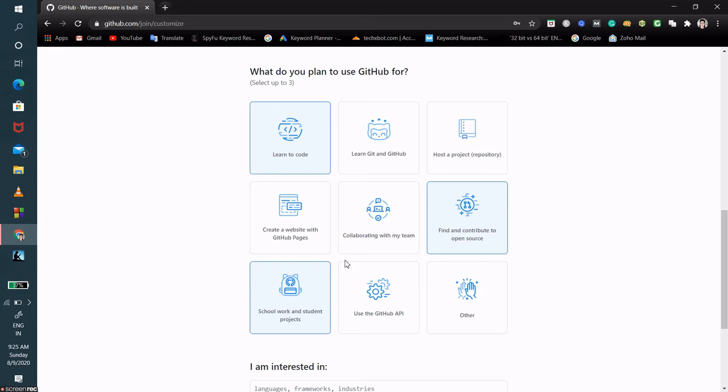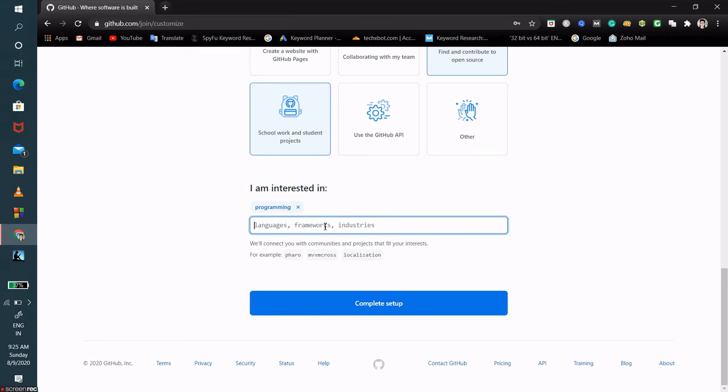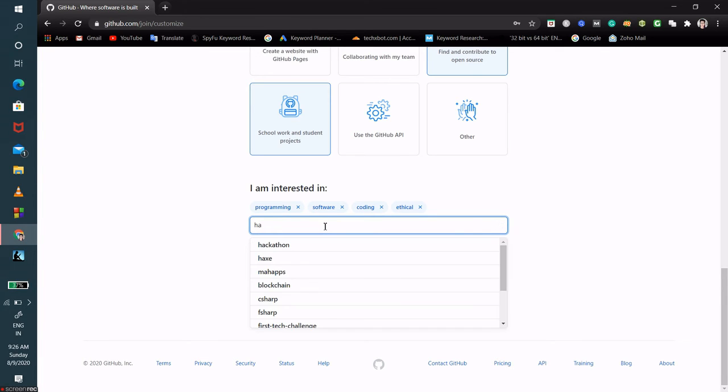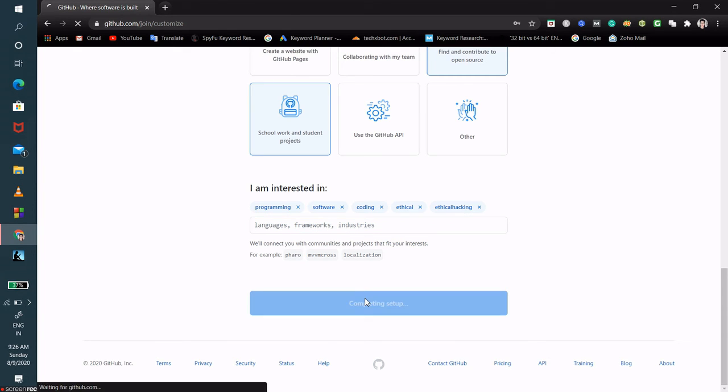Okay, now I have to give some of my interests. Based on my interests, it will show some feeds there. So like programming, software, coding, ethical hacking. That should be enough. Now click on complete setup,